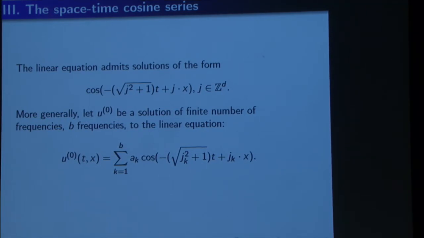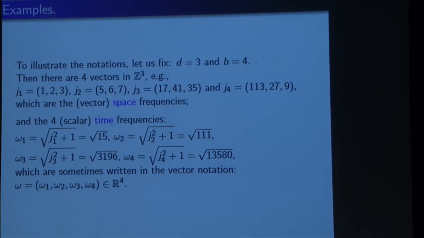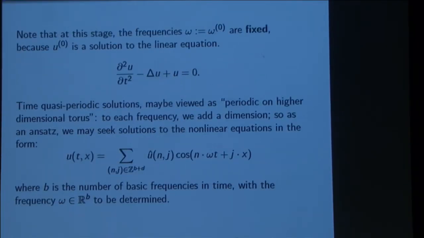Okay. So you're going to be looking for a quasi-periodic solution with B frequencies, but in the example you gave, 4. Exactly, 4 Fourier frequencies, 4 irrational frequencies. That's right. Is that clearer?